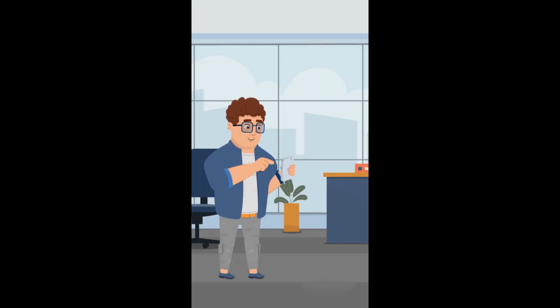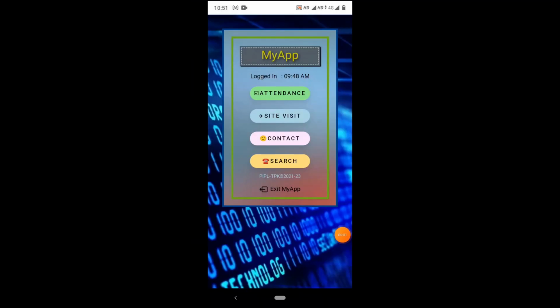I have reached the customer location. Now I need to punch in my app. So now I have traveled and reached the customer location. So once I reach the customer location, again I have to punch reached. So if it is the first call of the day and you are directly going from your home to the particular customer location, then the attendance will be marked once you click the site reach option. So never forget to punch reach once you reach the customer location, as this can affect your attendance login time if it's the first call of the day.